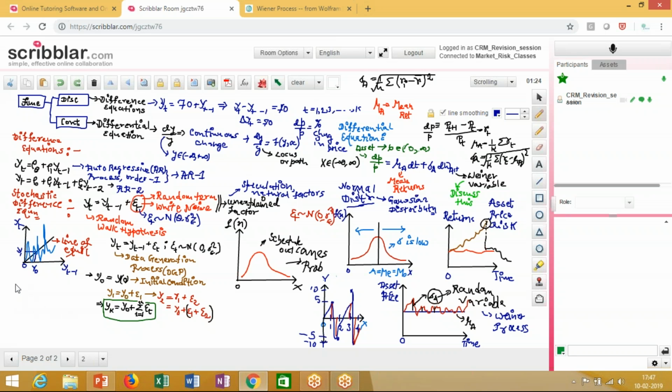One of them is, so what are the most deciding factors? One of the factors which determines this change in the price is your mu A, which is the mean of the asset price, right? Mu A, dt. So mu A is the mean of the asset price, the mean returns. So this mean returns is nothing but